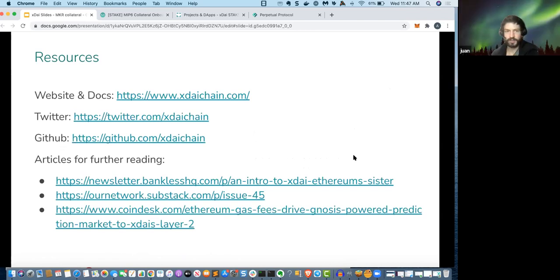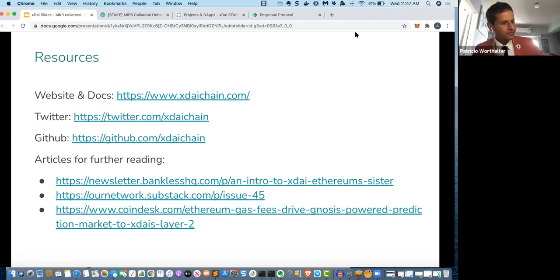Do you want to plug the addresses in before Patricio, or that should be your last? Oh, it's on the slide. Okay. Yeah, it's on the slide here. I can leave it available, or we can switch the screen sharing off, however you'd like to do. We'll put it in the show notes. Sounds good. Patricio, if you want to. Yeah, thank you.